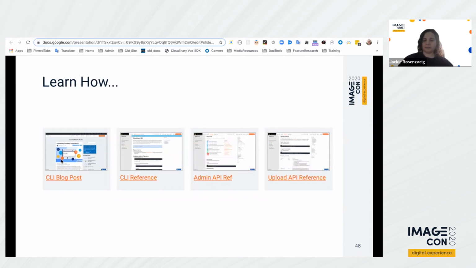We have a really fun blog post that has a bunch of video tutorials inside it walking through different types of use cases. One of them is pretty much the use case I just showed you. There's a full reference, of course, with every possible CLI command. Beyond that, in the Cloudinary documentation, in the admin API ref and the upload API ref, if you hit those,